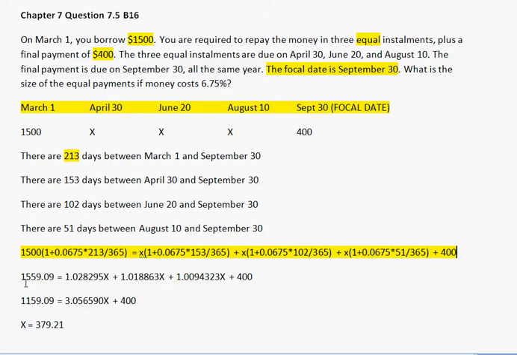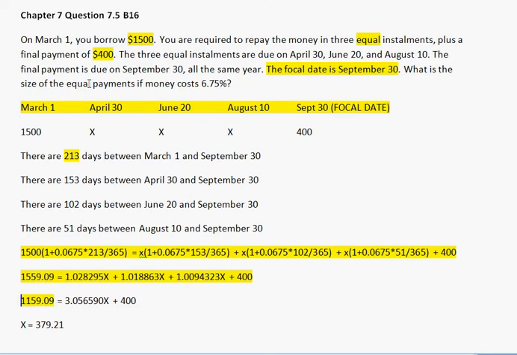We can multiply out the equations, and then we find that the equivalent equation here is in terms of X. So we have on the left-hand side the future value of the money that you borrowed, and then your repayments, 1, 2, 3, in terms of X, plus your final payment of $400. We can now simplify this equation. First of all, subtract 400 from both sides, so that gives us